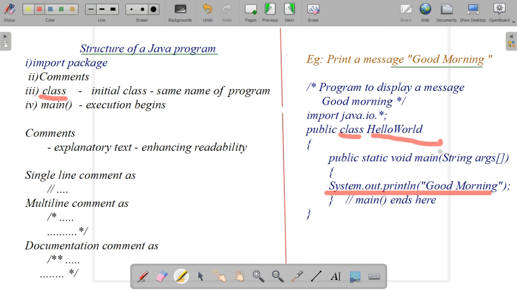The next one is the main method. Inside the main method, give the variables or the statements to perform the functions, and then we close the braces. We can mention comments like main method ends here, class ends here.